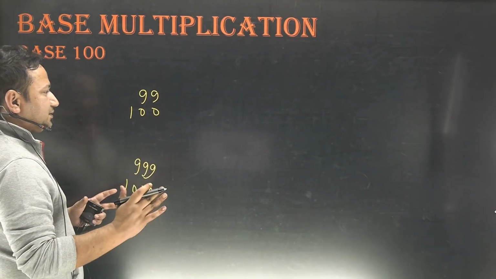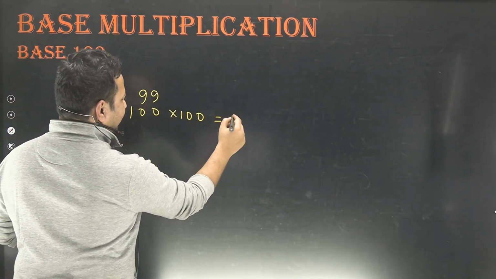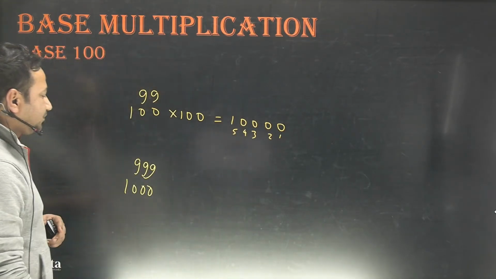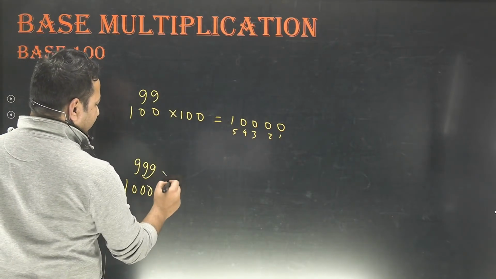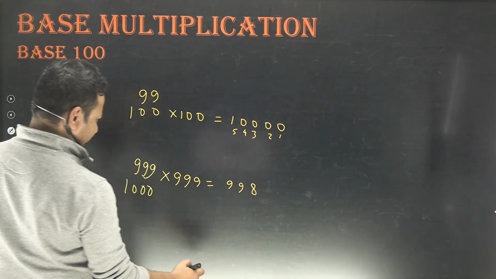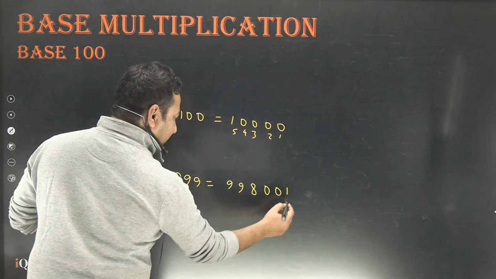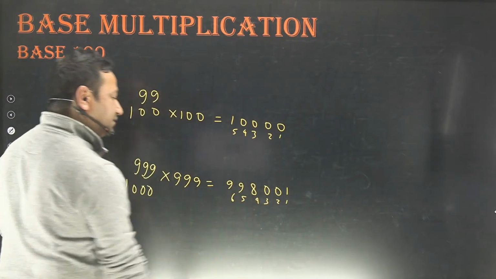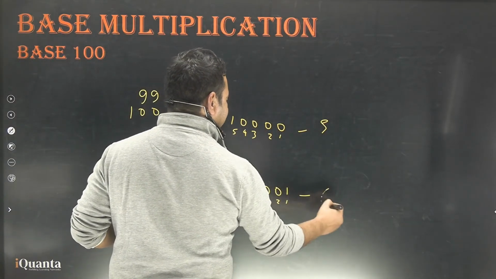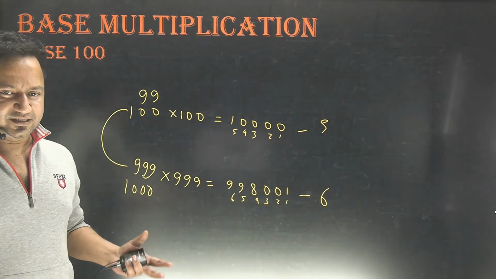If I multiply the smallest 3-digit numbers, 100 into 100, how many digits do I get? I get 1, 2, 3, 4, 5 digits. Is that clear? And the largest 3-digit numbers, if I multiply them, 999 times 999, what do I get? 998001. So here I am getting 1, 2, 3, 4, 5, 6 digits. So basically, here we have 5 digits, here we have 6 digits. So for all 3-digit numbers the product would have either 5 digits or 6 digits, not 7.